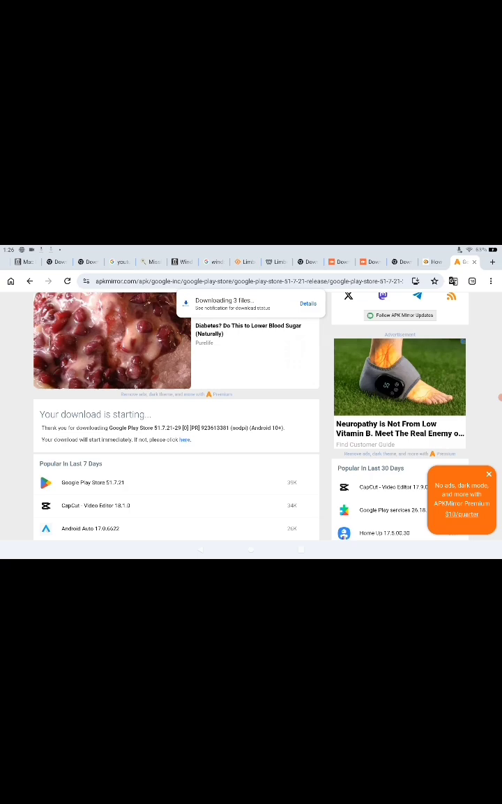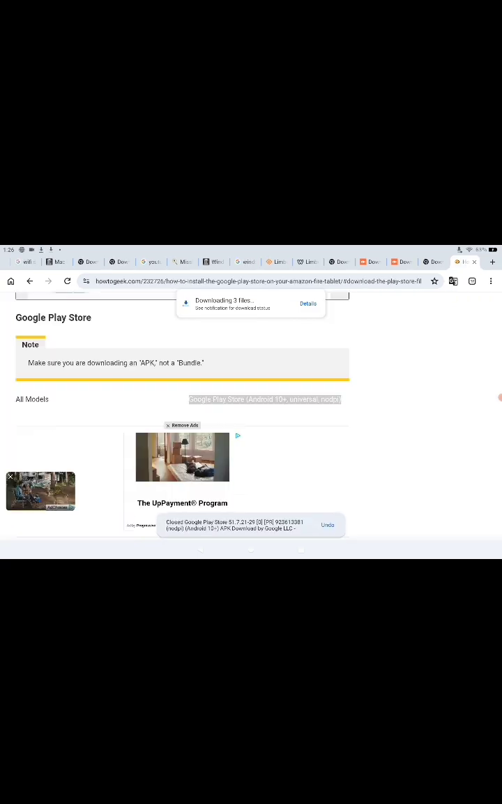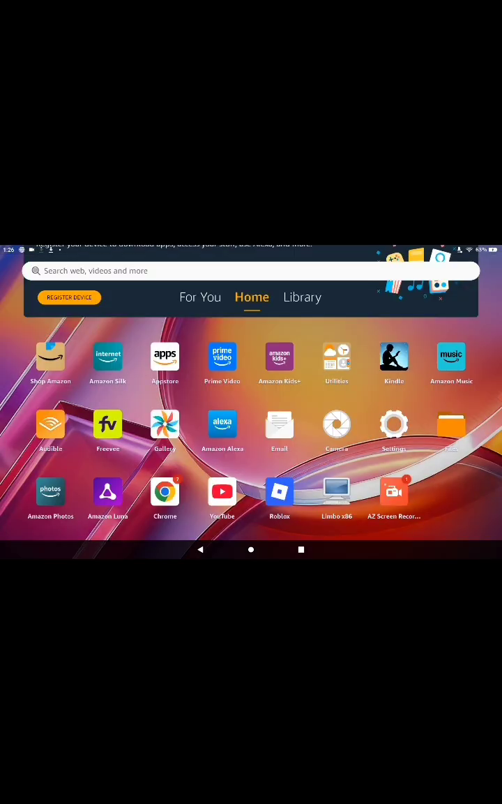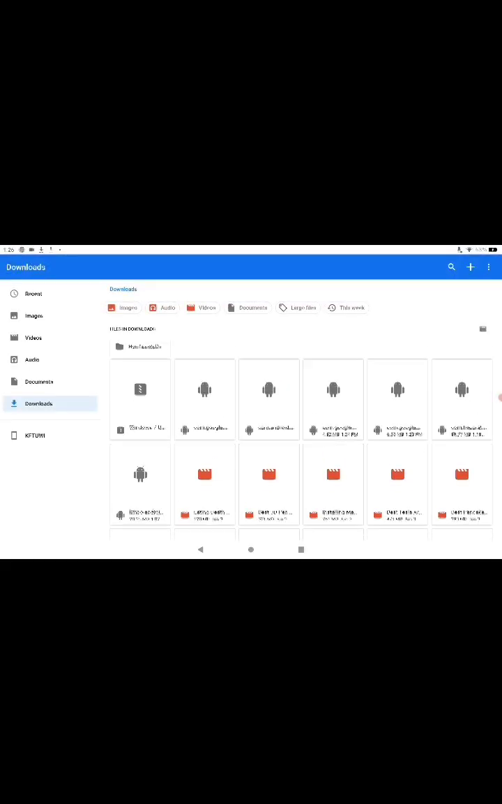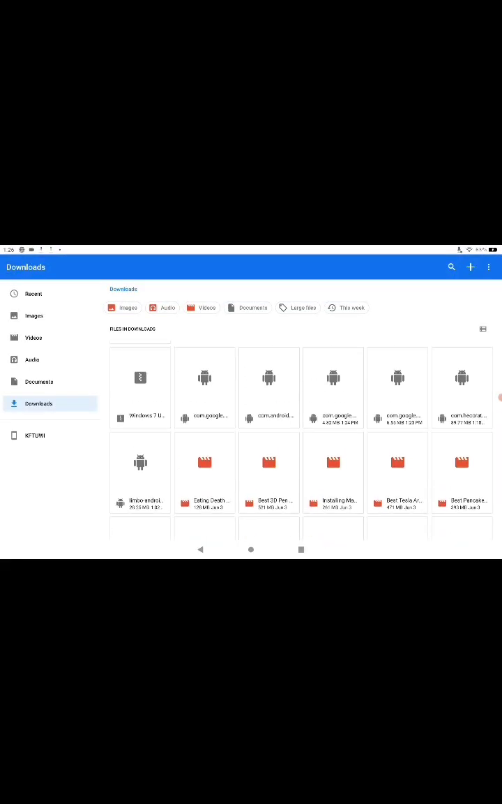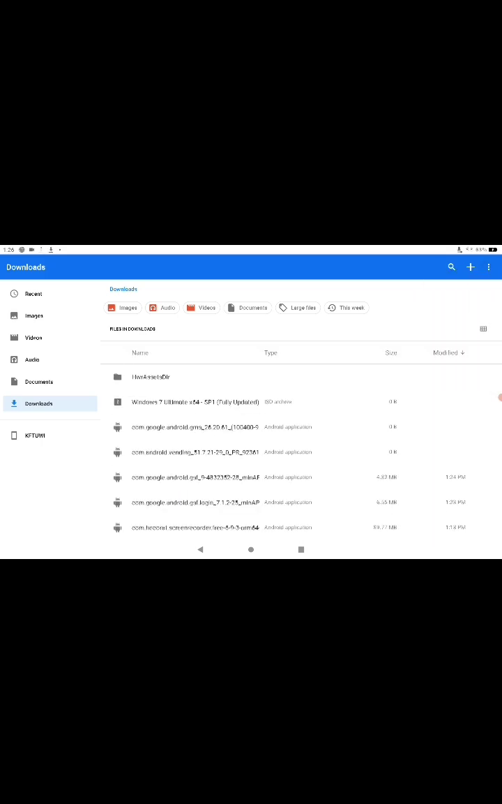Wait for that to download. So now we'll just wait for those things to download, and then after that, I'll show you guys how to do this. So now we go back to the Files app. Hold on, let me make this so you can see it better. Okay, so we have